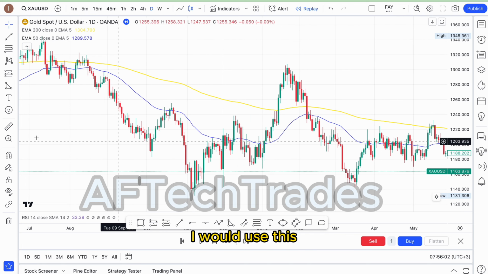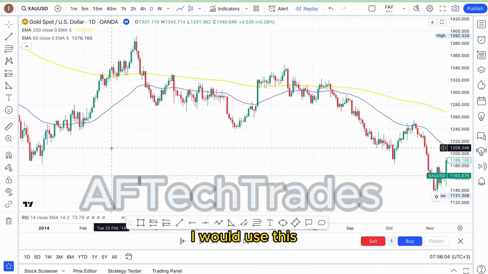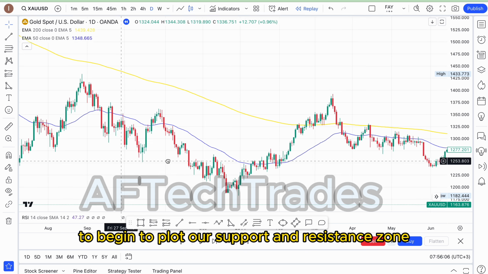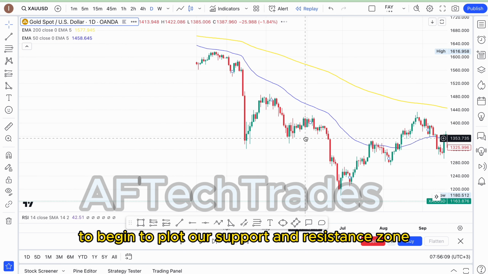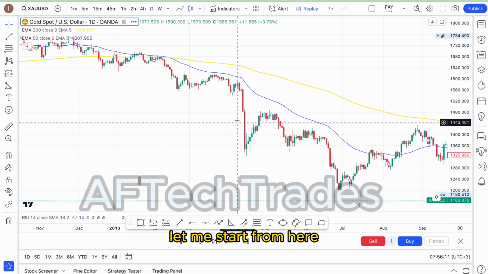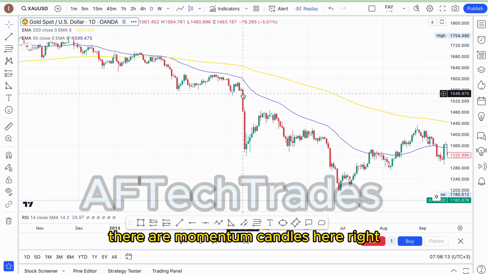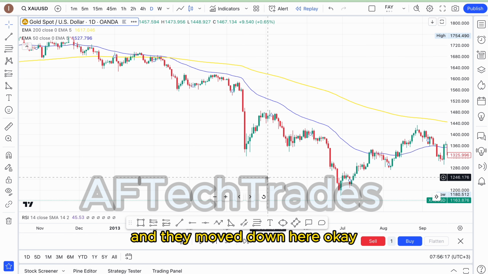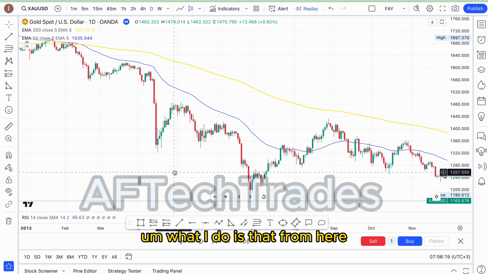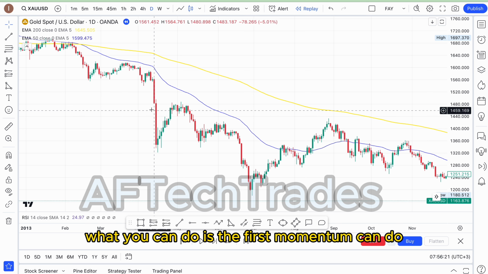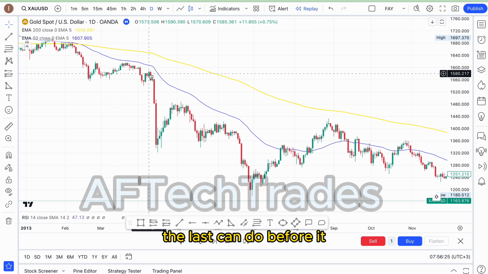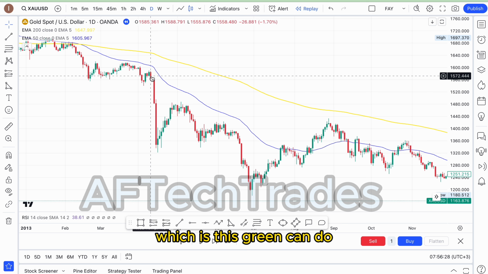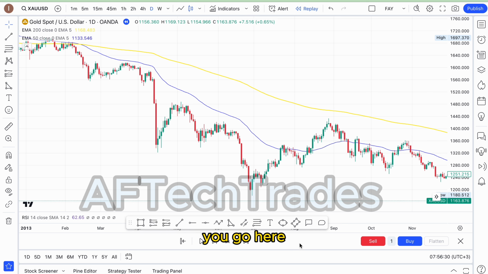So I would use this to begin to plot our support and resistance zone. Let me start from here. There are momentum candles here, right? Which means the big players came into the market and moved down here. What you can do is take the last candle before the first momentum candle, which is this green candle, go here, pick your box tool,